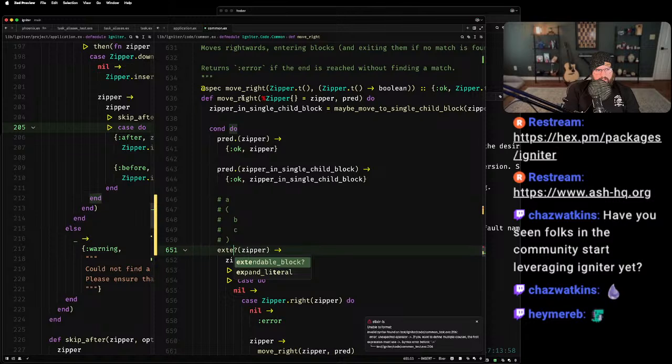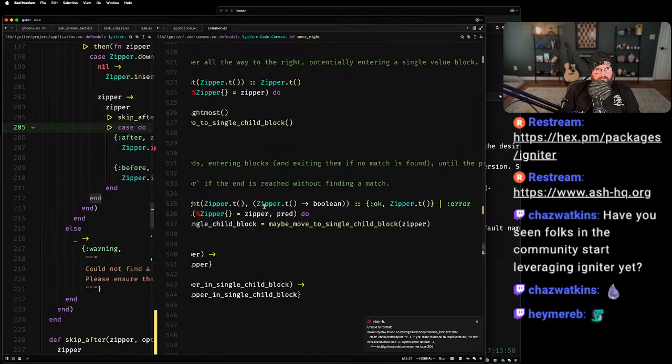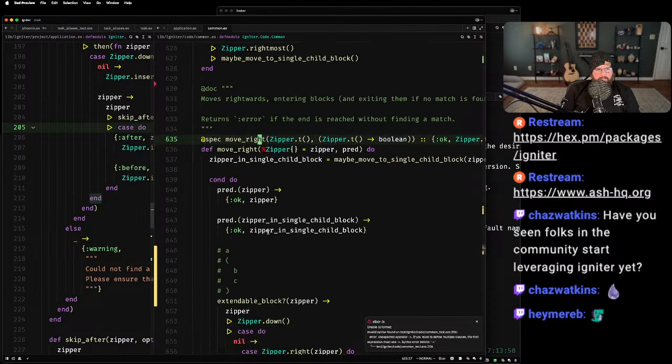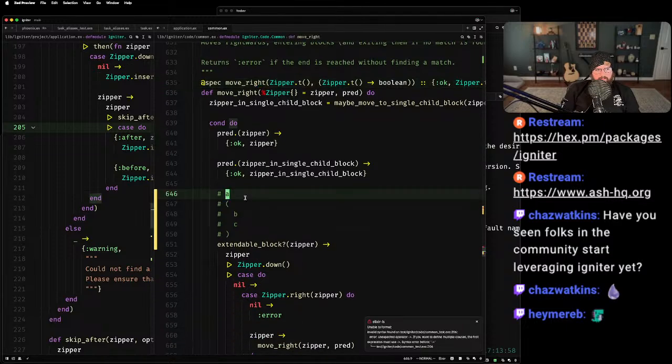It should be, is it an extendable block? That should be the heuristic for whether or not we go into that. It says moves rightwards, entering blocks and exiting them with no match valid until the provided predicate returns true. So I feel like maybe we've been building on a problematic foundation here.